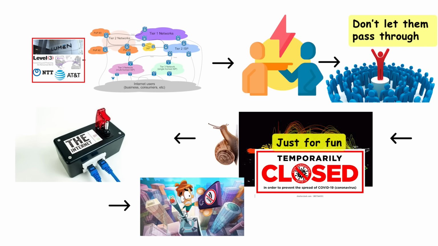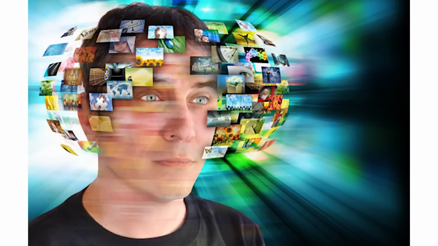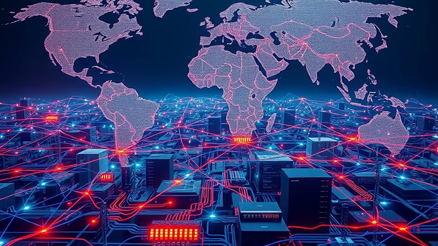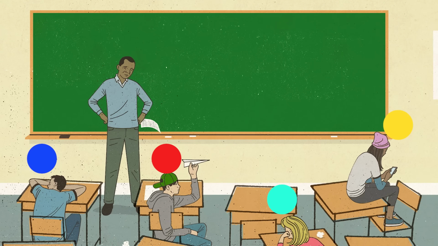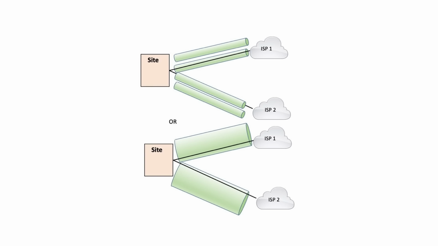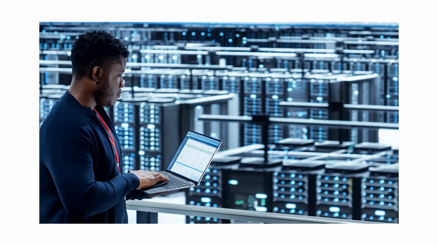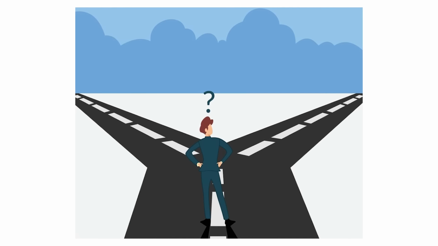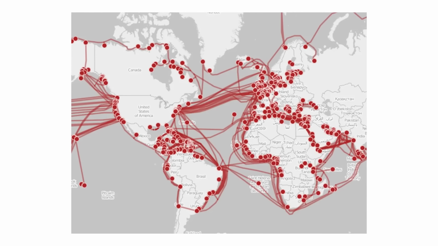Each Tier 1 only runs its own network. There isn't one single master backbone owner. Instead, there's a small club of huge networks that all interconnect with each other. If one fails or misbehaves, traffic can often be rerouted through others. That's the key pattern of the internet. Big power, but still shared. So at level 3, control looks like this. They don't decide what you're allowed to see, but they do decide which roads your data can take to get there, and how fast and reliable those roads are.